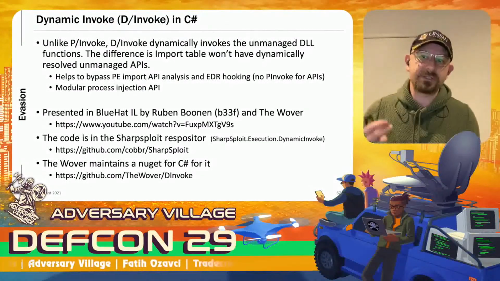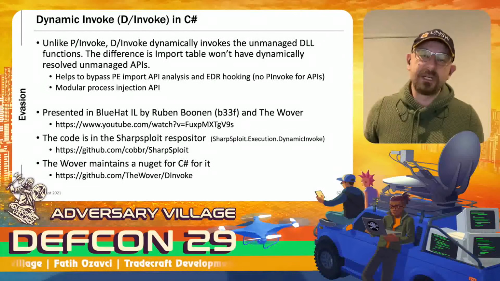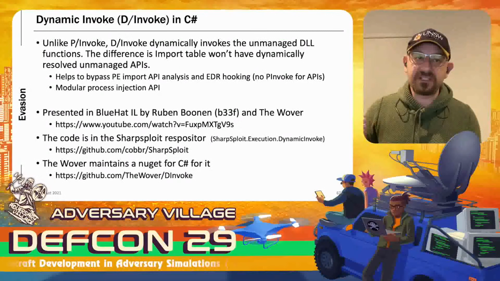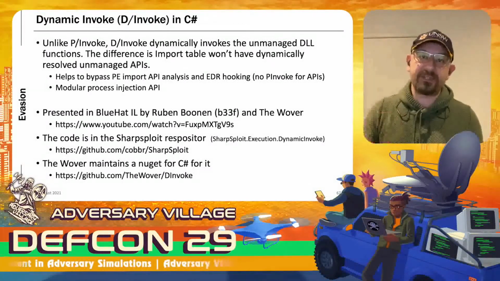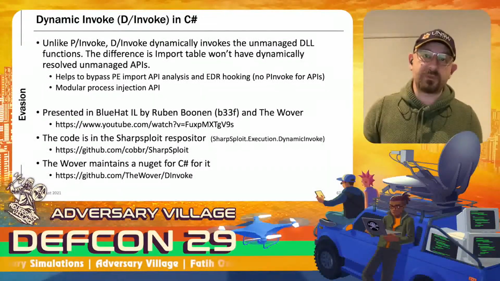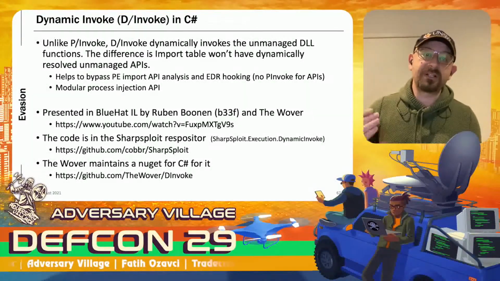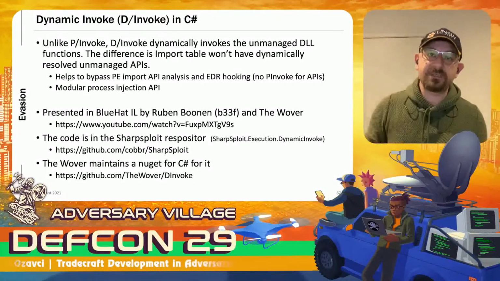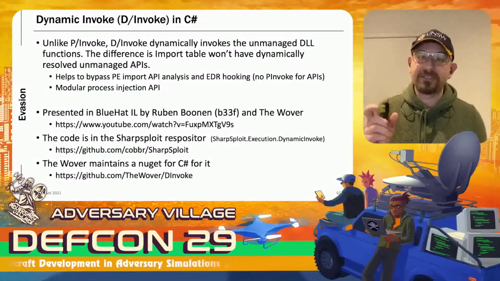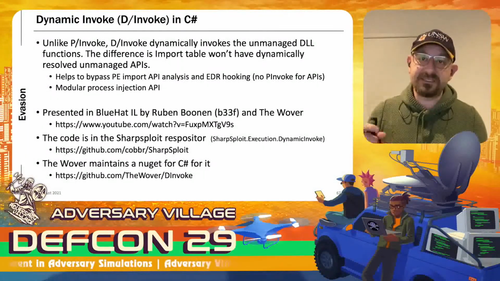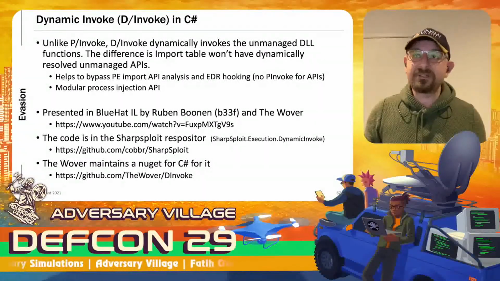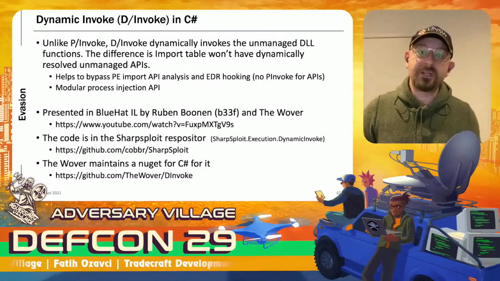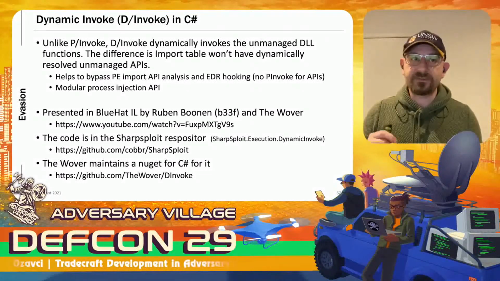You can read the research and try to understand it and its background. Or, if you don't want to understand everything, you can use the NuGet package prepared by Vova to implement this as well. It is also a part of SharpSploit, which packs a lot of functionality in a DLL. All PowerSploit features as well as newly added features are packed in the SharpSploit DLL. So you can use this DLL as a part of your implant, and you can start invoking all these APIs using this type of dynamic resolution. It relies on